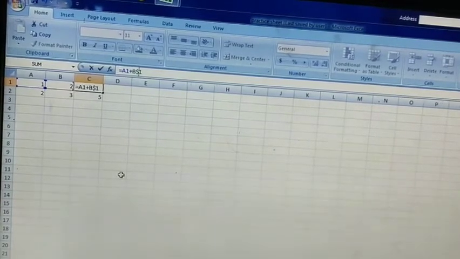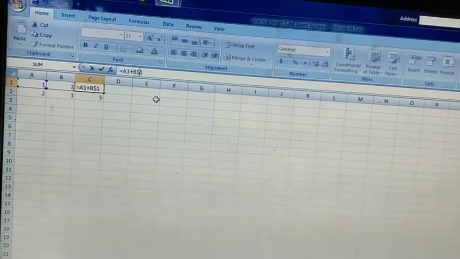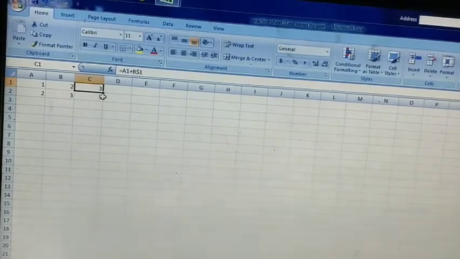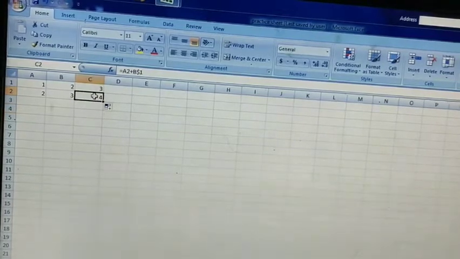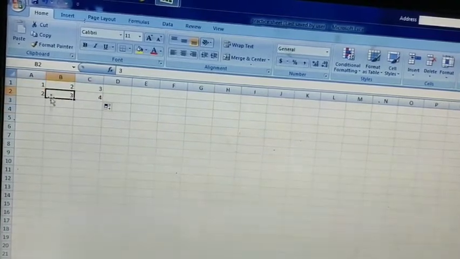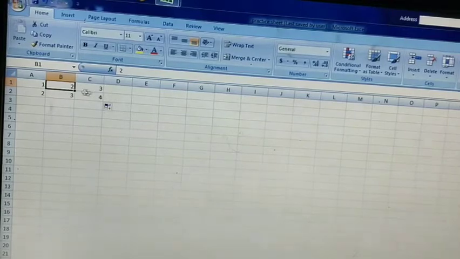So now what will happen, the A1 will be changed but the B1 will not be changed. Let's see the result. Now I need to refresh it. You can see the answer is 4. The answer should be 5, but what happened in the formula, A2 has been changed but the B1 is not changed. So that's why the total is 2 plus 2, 4.